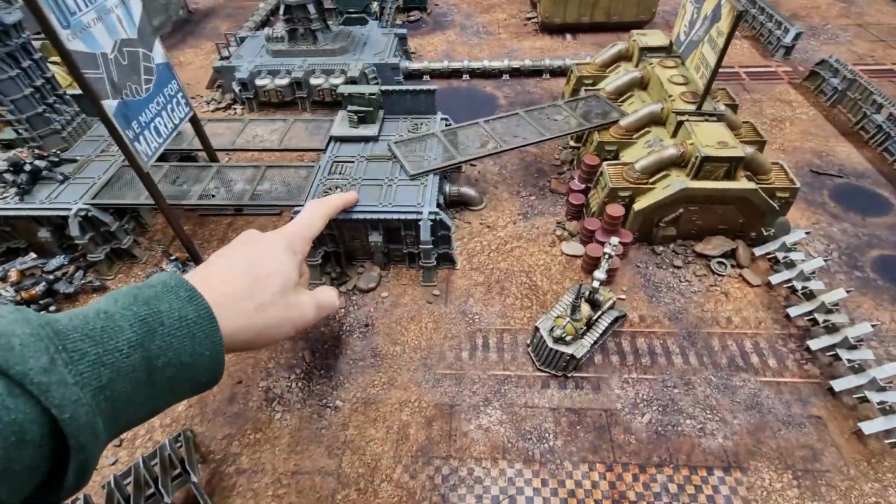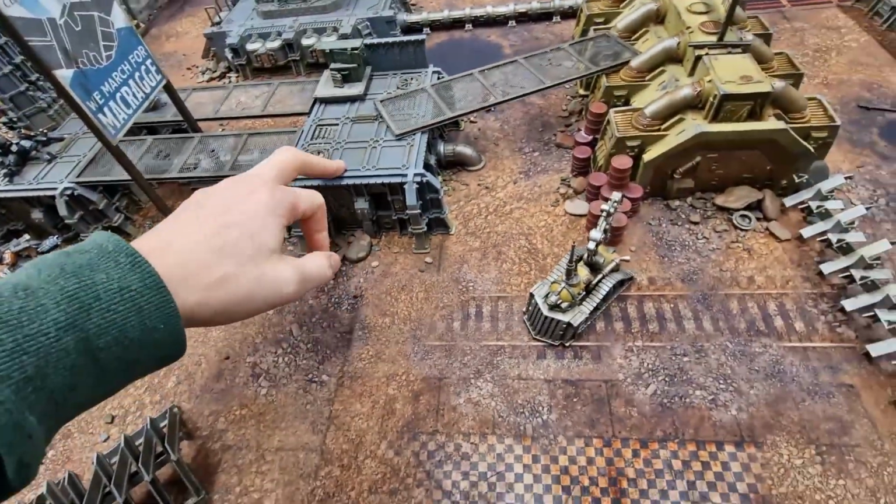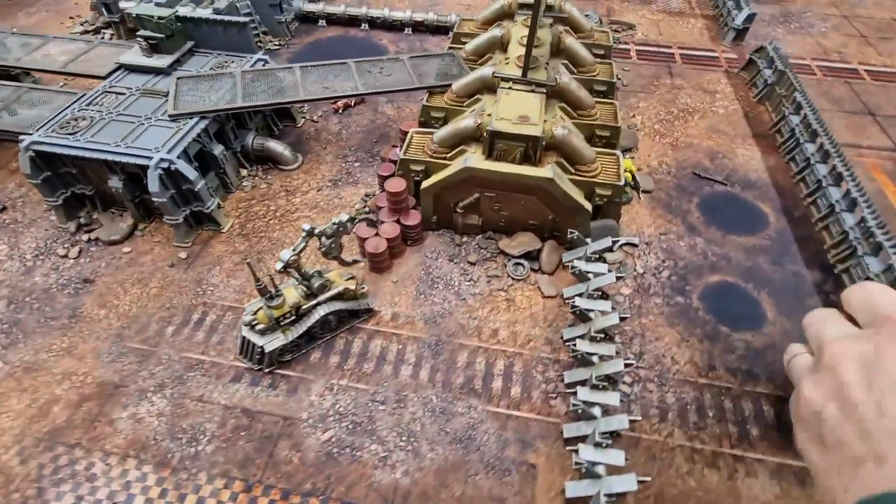So I don't think there's a tutorial for painting these up on the channel. It's very, very quick though. Just a standard grey spray, and then, if I show you a wall section,